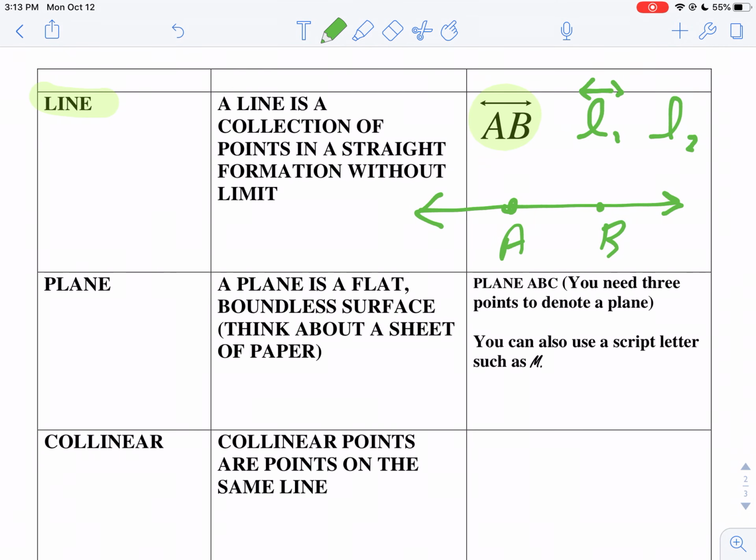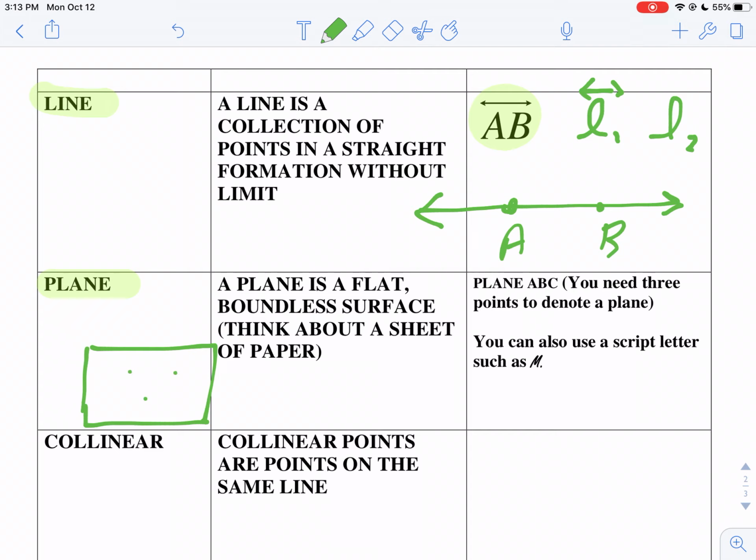Plane. A plane. Think of a plane as a sheet of paper, okay? It's just a sheet of paper. That's what it is. So usually when we draw a plane, this is how we draw it, just like a parallelogram. And you can denote a plane by using three capital letters for 3 non-collinear points,